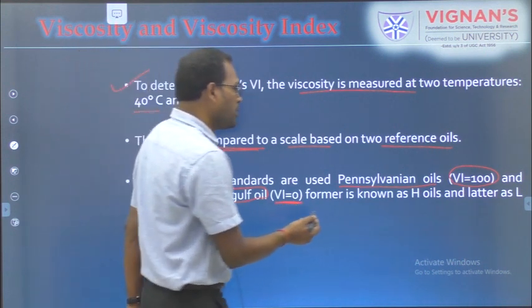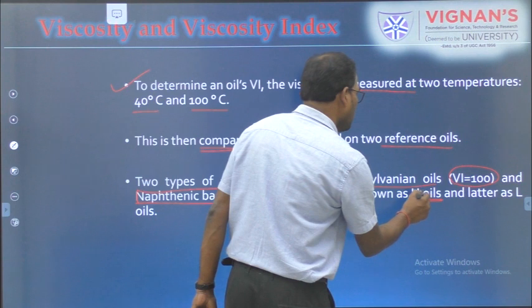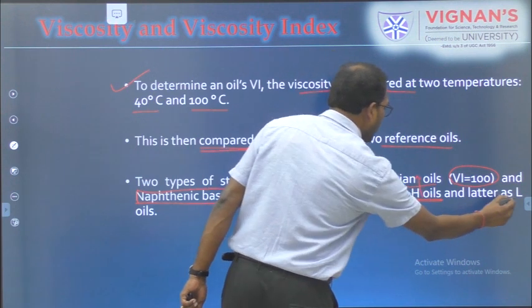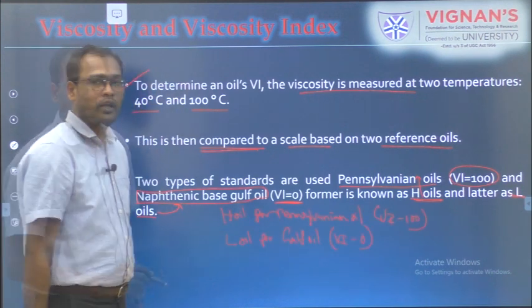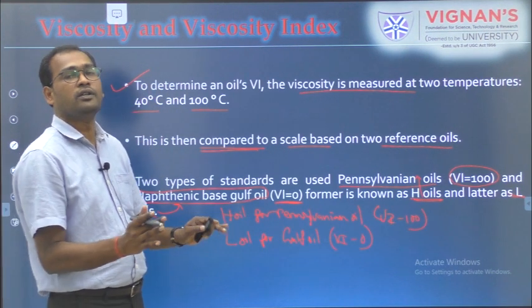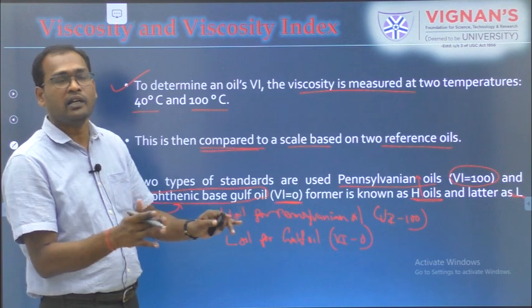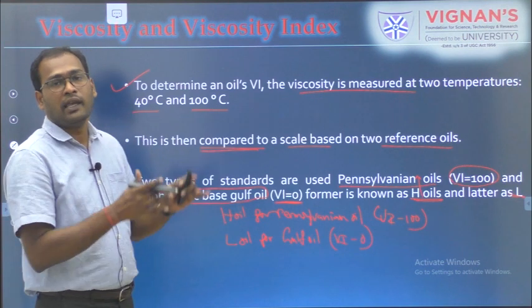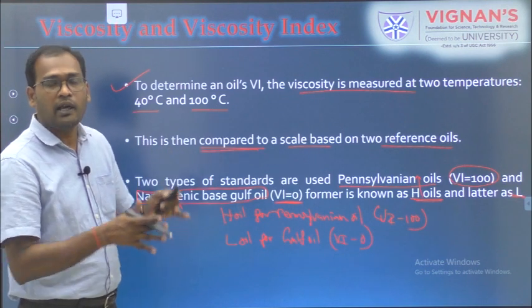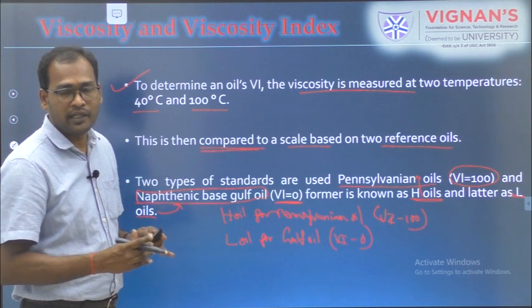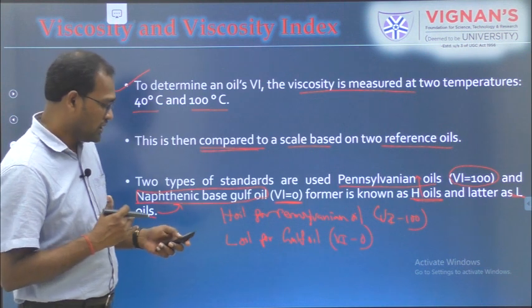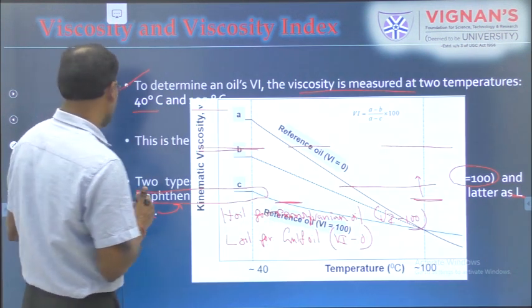Usually they are abbreviated as H oil for Pennsylvania and L oil for naphthenic oil. So, you measure the viscosity of the oil at two different temperatures, 40 and 100 degrees, and this viscosity is compared with two standard oils, one having a higher viscosity index and the other having a lower viscosity index. And using this